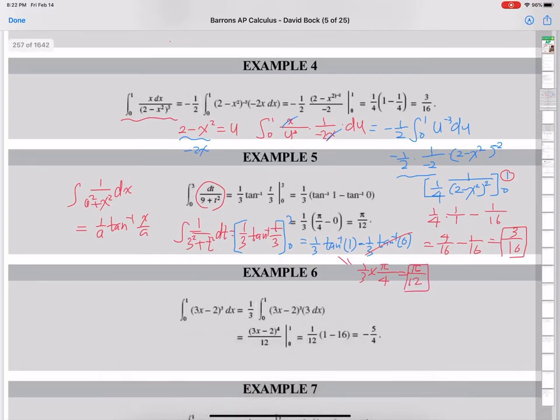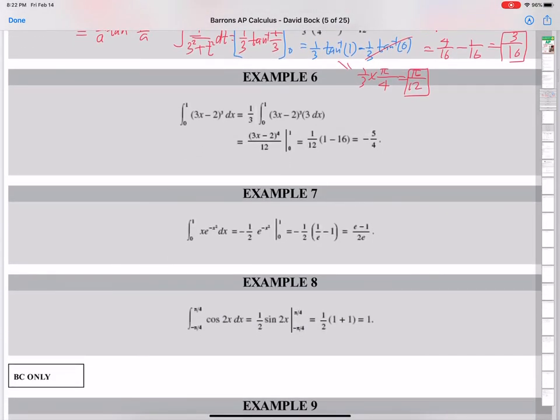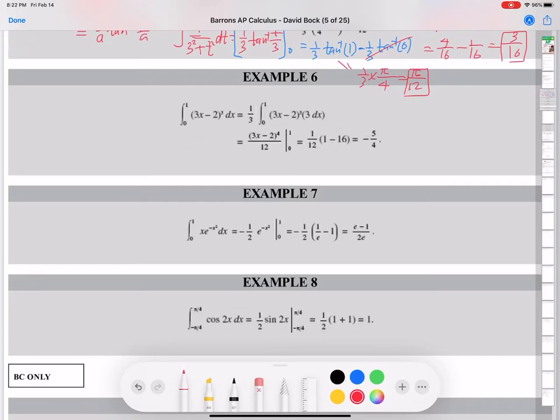Let's go to example 6. It is u substitution again. I will let 3x minus 2 become u. So that is the integral of u cubed times, changing dx to du, how to? 1 over u prime, which is 3 in this case. The derivative of 3x minus 2 is 3, and then du. So 1/3 times u cubed, n is 3, so 1 over n plus 1, that's 4, u to the 4th power, plus c. What was u? u was 3x minus 2,